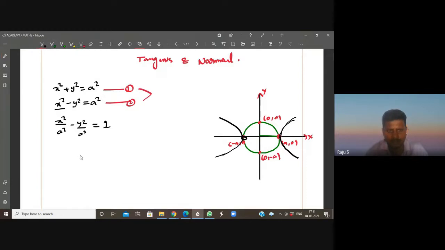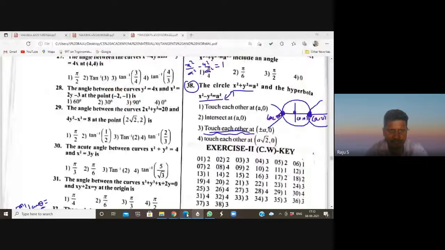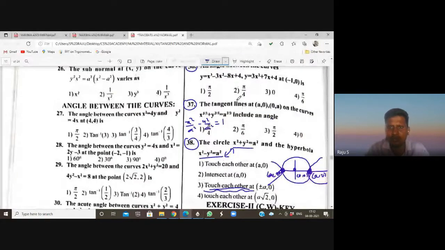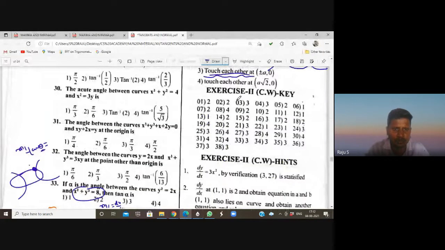Here it is not required to find tan theta, because if you want to find tan theta, first we have to find the point of contact. Just draw the tangents at this point. The tangents are perpendicular to each other. So touching is nothing but when two curves are touching, not intersecting here. They are simply asking about touching each other. So coming to the remaining questions, any question will do this kind of